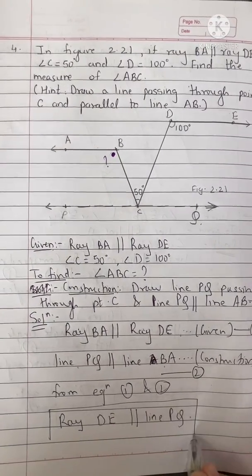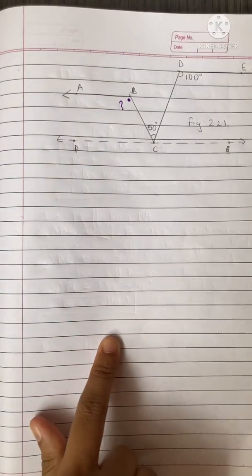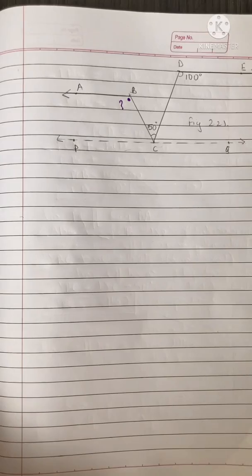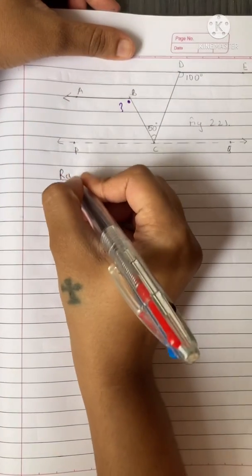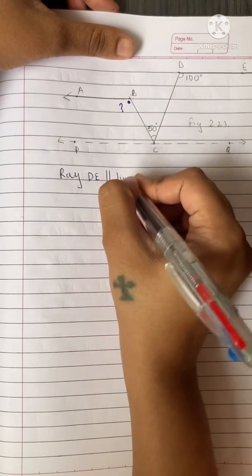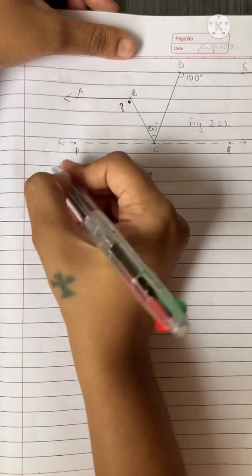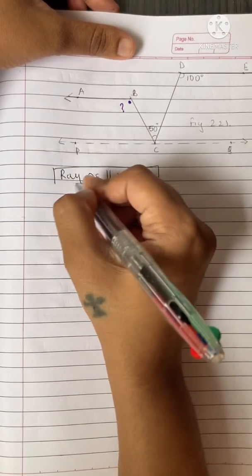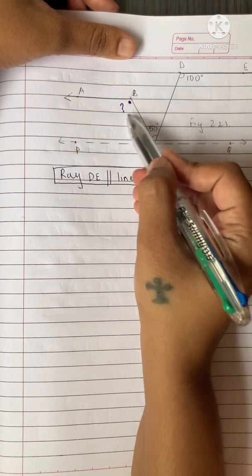this thing proved, on the next page also I have drawn the same diagram for you all, so that while writing the next proof over here you all don't get confused. So what did we recently get? We got that ray DE is parallel to line PQ. Okay, so this is a very important proof. Now once we get this, we can use this information to find out the question mark part.